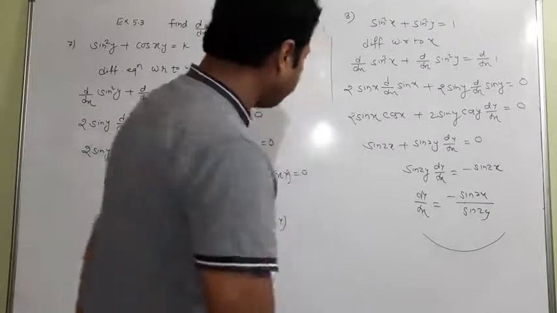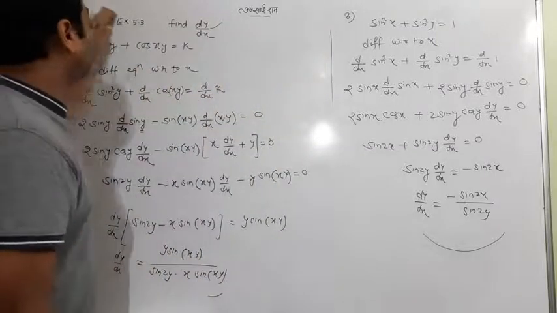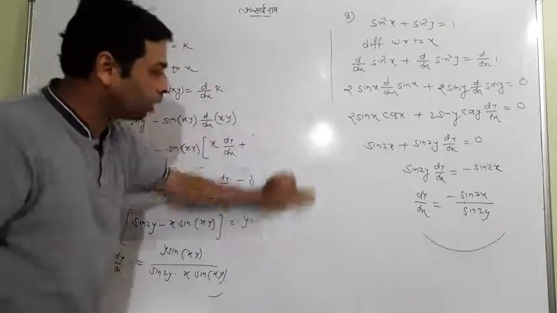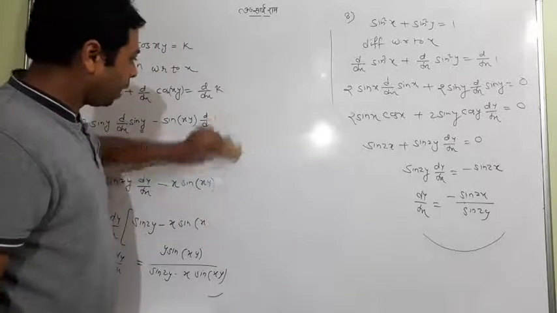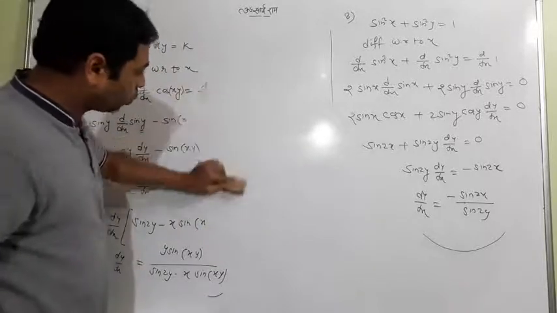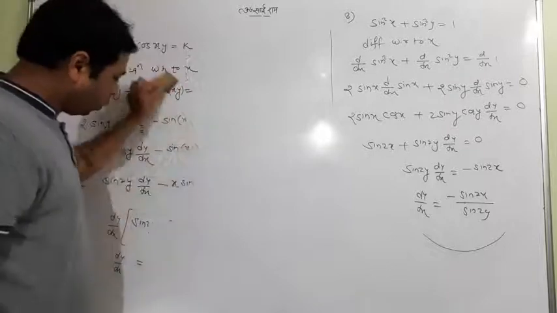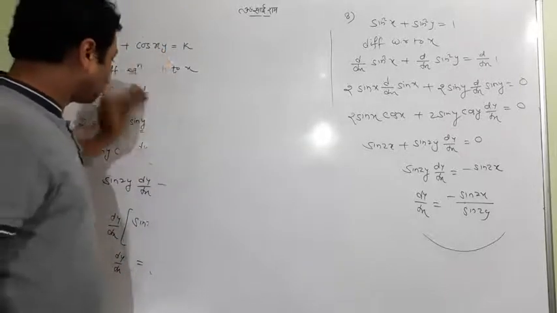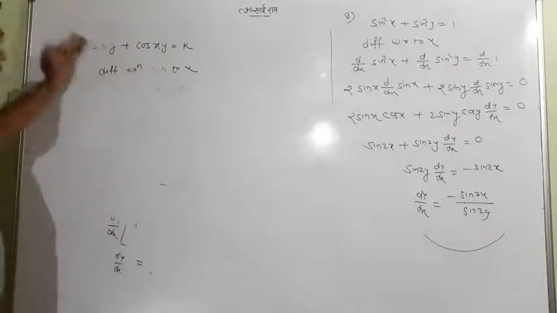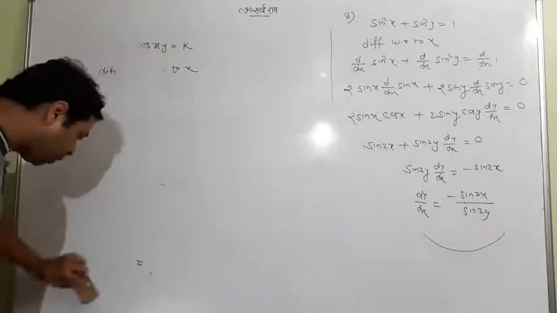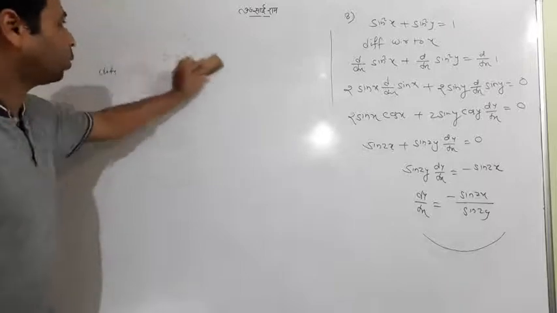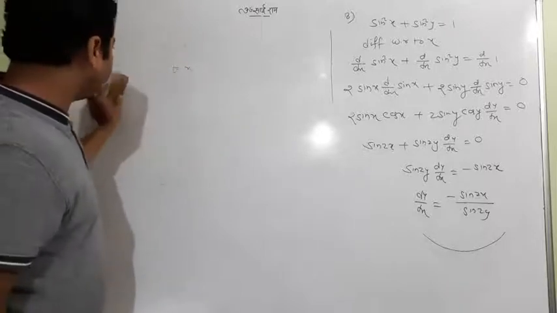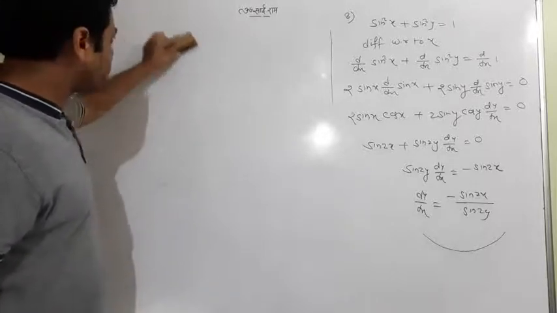So it is simple. Just for revision, I have told you these two questions so that now you can recall your knowledge and please complete all the rest of the questions. We have just in exercise 5.3 eight questions. So 3 or 4 I have already made, and now the rest is your job.